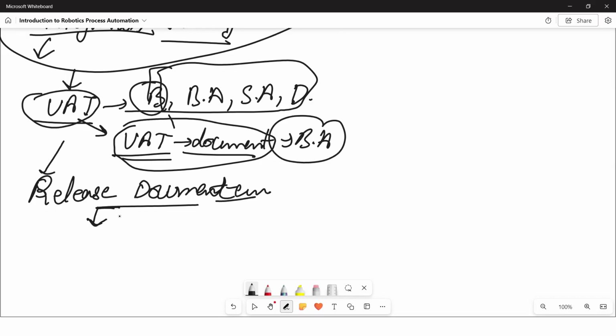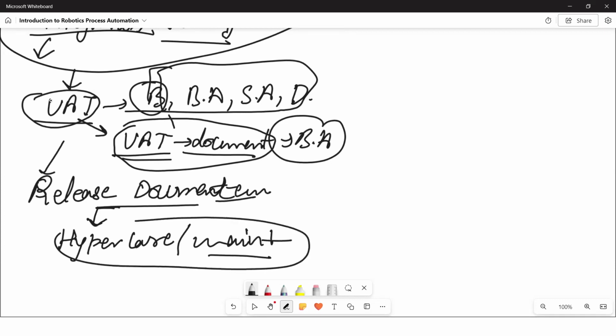Once the bot goes into production, there will be the start of hypercare, or we call it maintenance mode. This is the last stage after UAT, which is called hypercare or maintenance. As you all know, once the bot goes into production, we will have maintenance for 2 weeks, 3 weeks, according to our agreement in the initial stage with the client, right? And we will do the maintenance. If we get any error, we will handle the changes